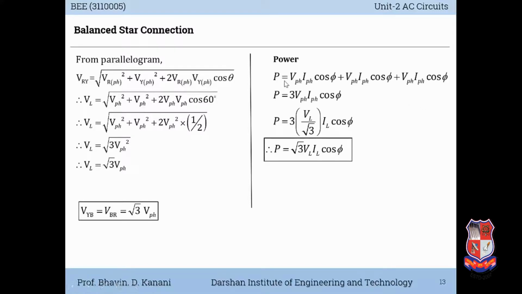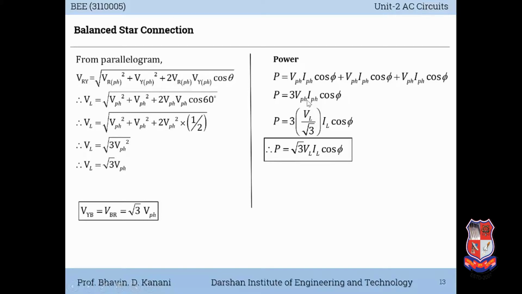So power will be nothing but the vector sum of all three different phases. If you consider for first R phase, then VPH multiplied by IPH multiplied by power factor cos φ, because for single phase power it is P is equal to VI cos φ. Again, उसमें हम ऐड करेंगे Y फेज का पावर, so VPH IPH cos φ और again तीसरा. तो एक रिजल्टेंट समरी देखा जाए तो पावर इज नथिंग बट दी 3 टाइम्स ऑफ एनी वन फेज पावर, बिकॉज